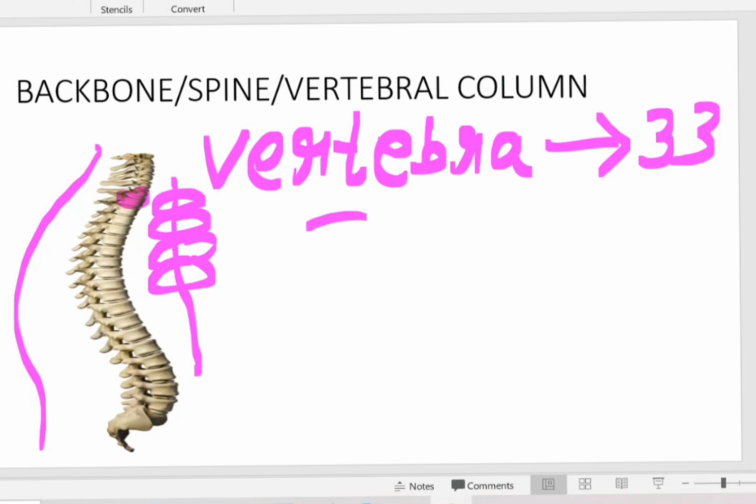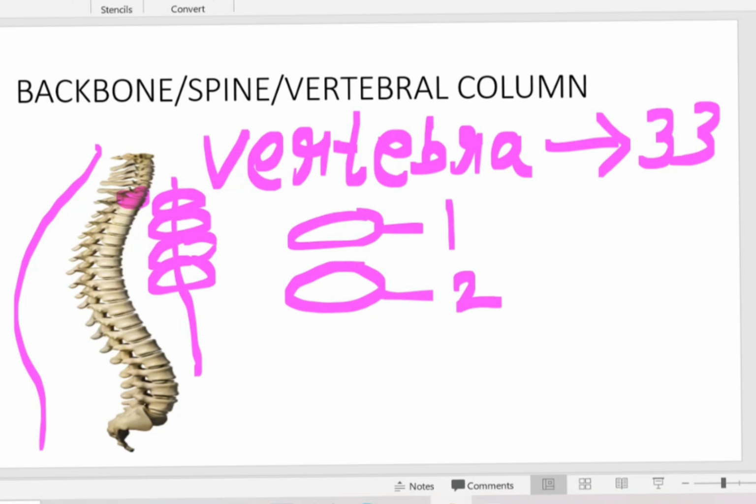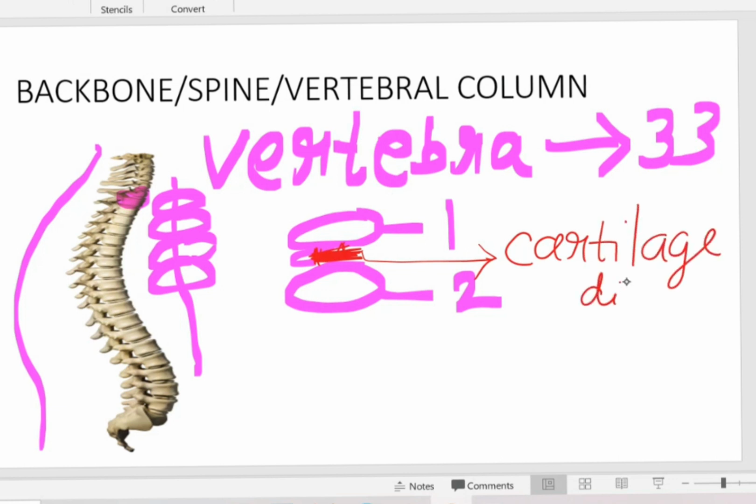And between one vertebra and the next, if this is the first vertebra and this is the second vertebra, how is it connected? Here, I'll give another color for understanding. So here, there is another thing. What is the thing present here, joining one vertebra to the second vertebra? This is cartilage disc. Cartilage disc, that is a thin type of bone. It is helping